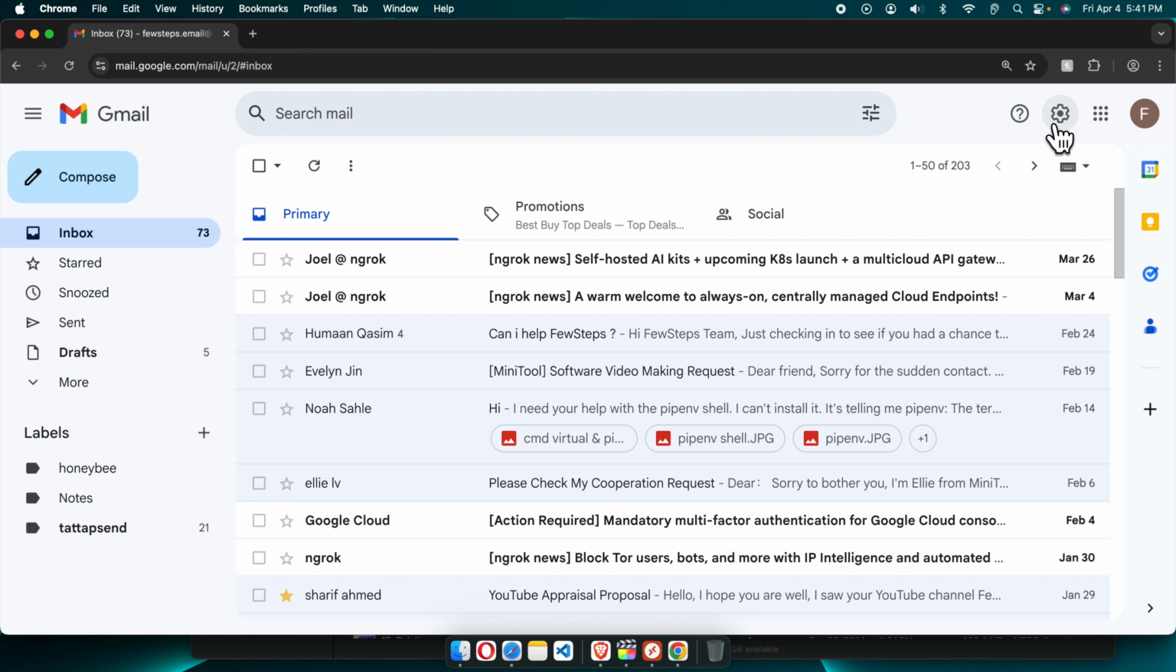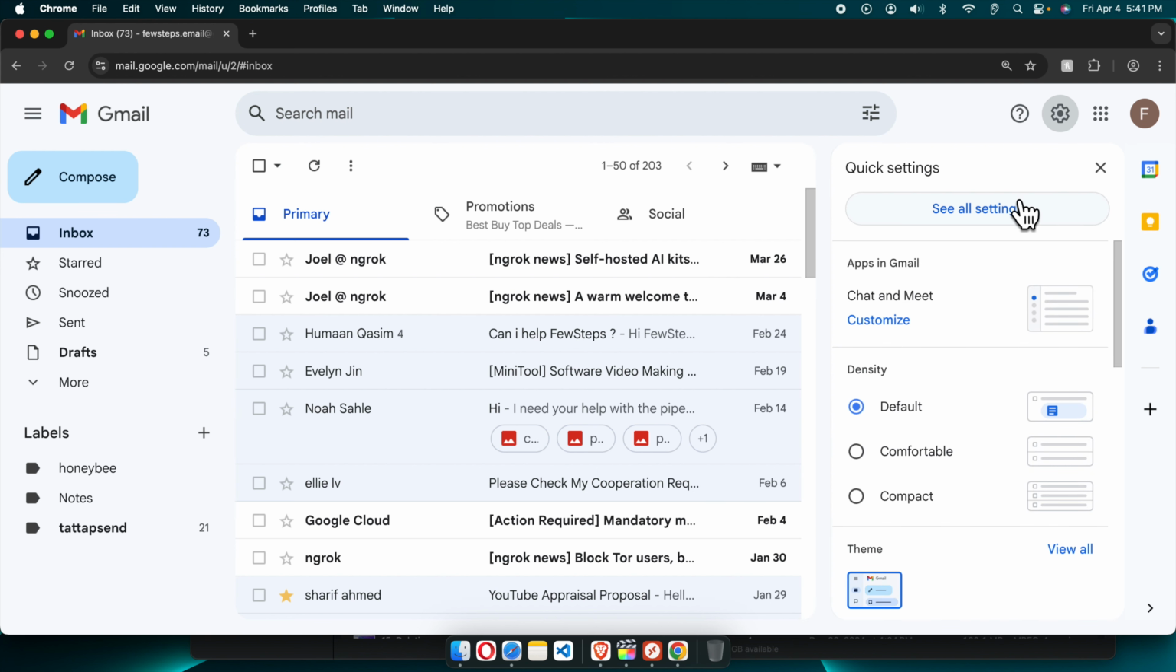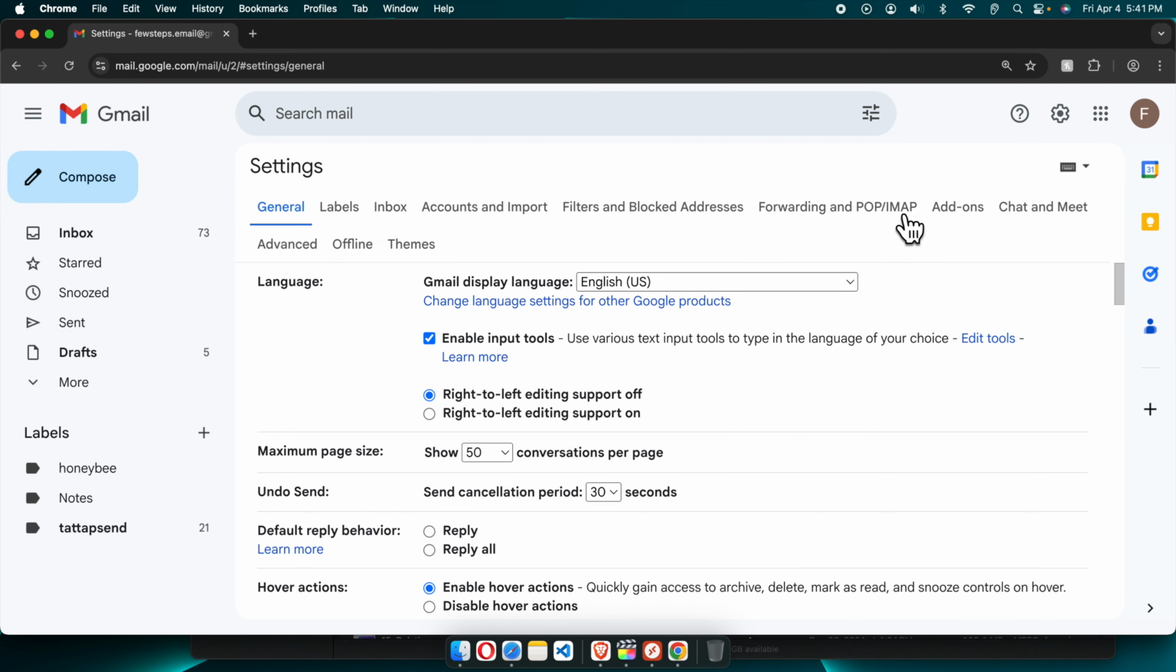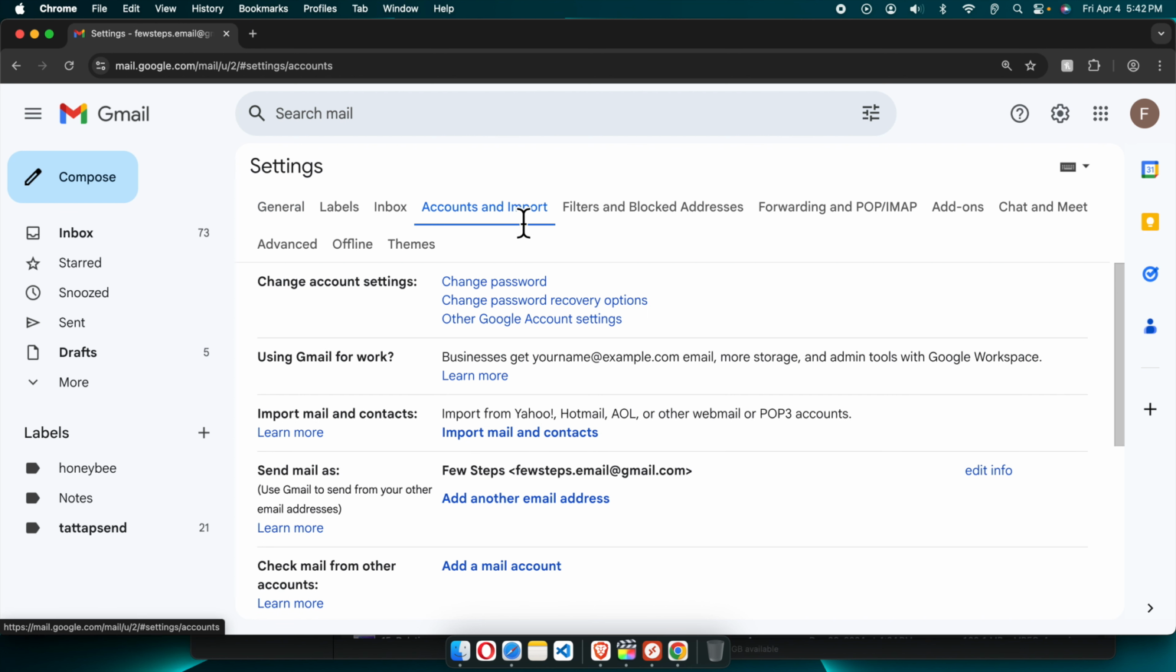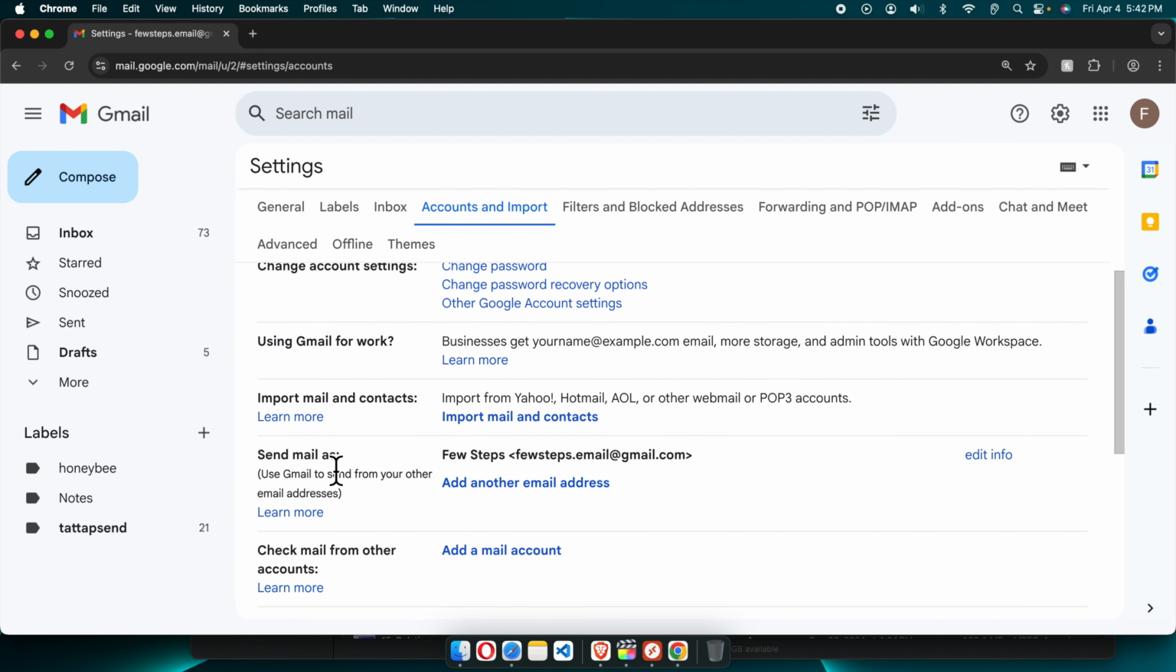We just need to click over there and it will be expanded, and there we'll find one button, see all settings. We just need to click here and it will bring up this type of options. From here we'll find a couple of tabs. We have to access this tab, accounts and import. I'm going to click accounts and import, and if we scroll a little bit we'll see send mail as,